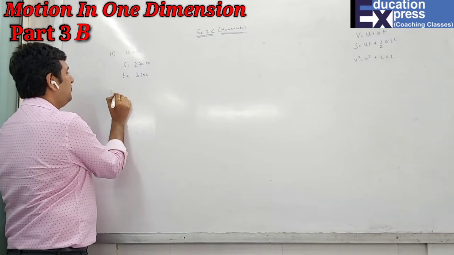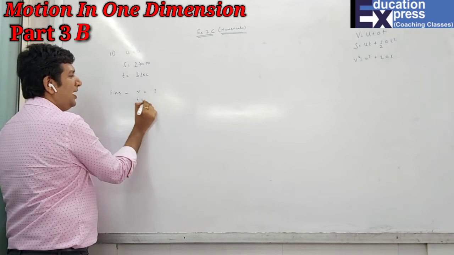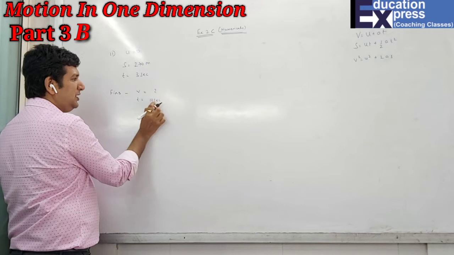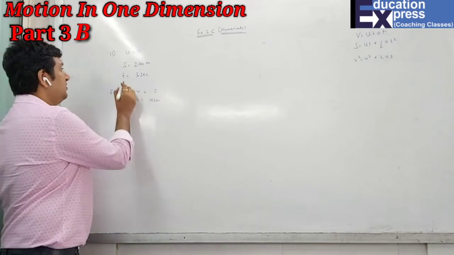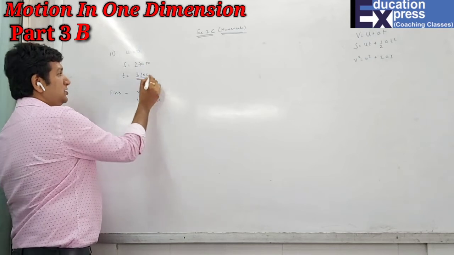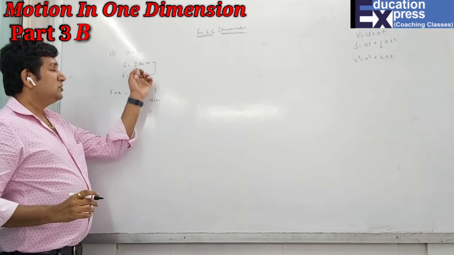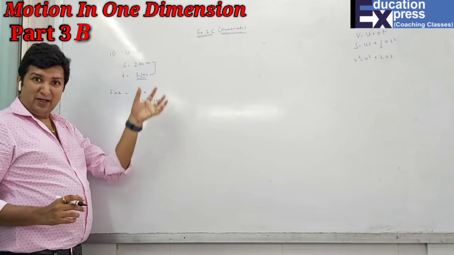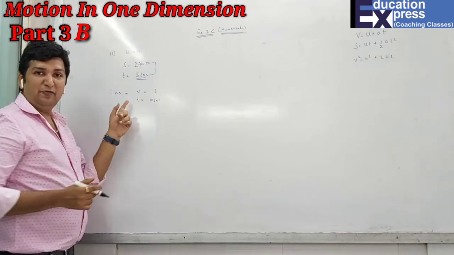So you have to find the final velocity after 10 seconds. My question is, now they have asked for the final velocity after 10 seconds, so why have they given 3 seconds? Obviously they have given the 3 seconds to give us the information that a body covers 270 meters in 3 seconds. This is the information they have given us to find something. So we can use that and find the final velocity.